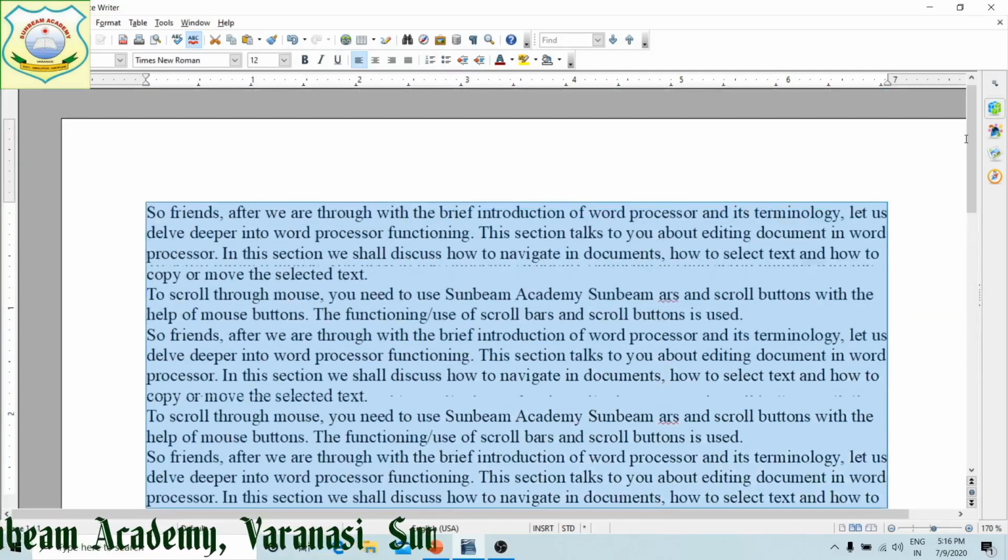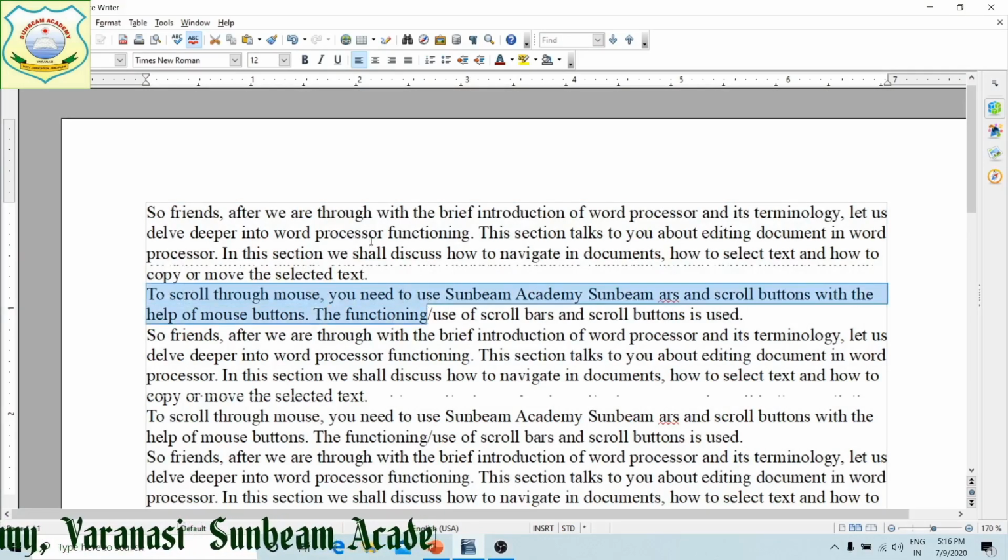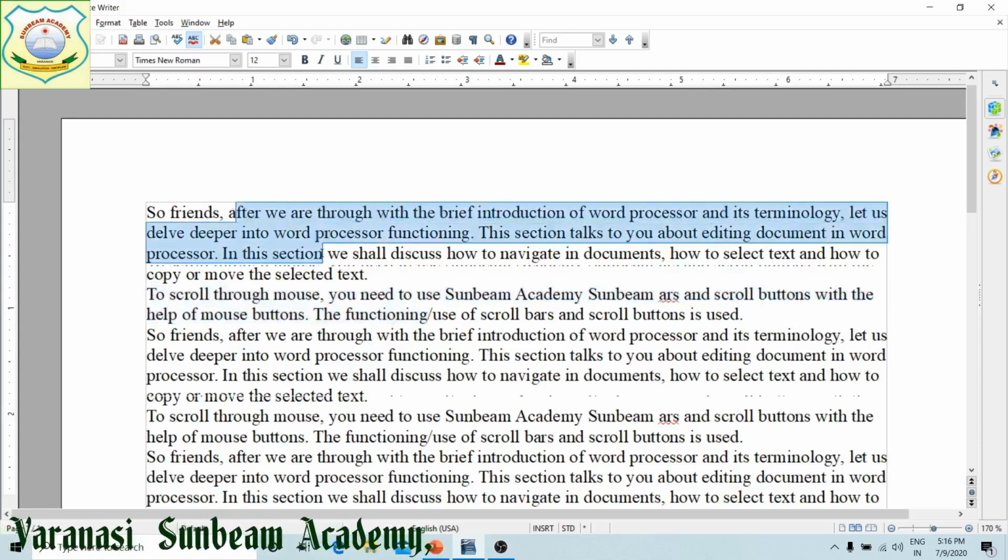Now the next segment we are going to see is copying selected text. How are we going to copy the selected text? Suppose from here to here I have selected.